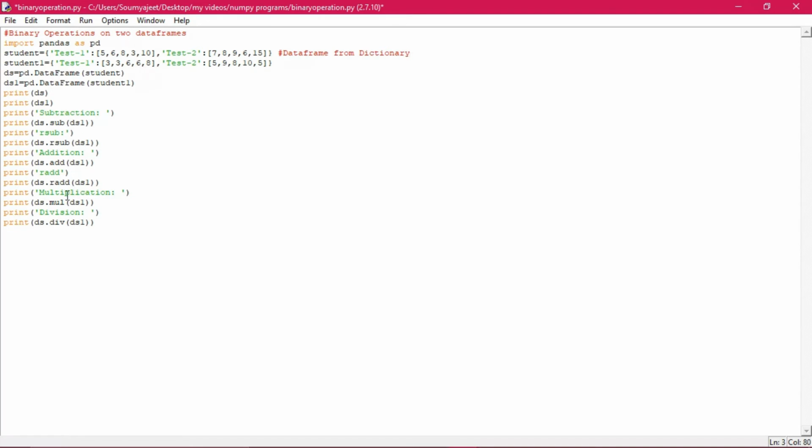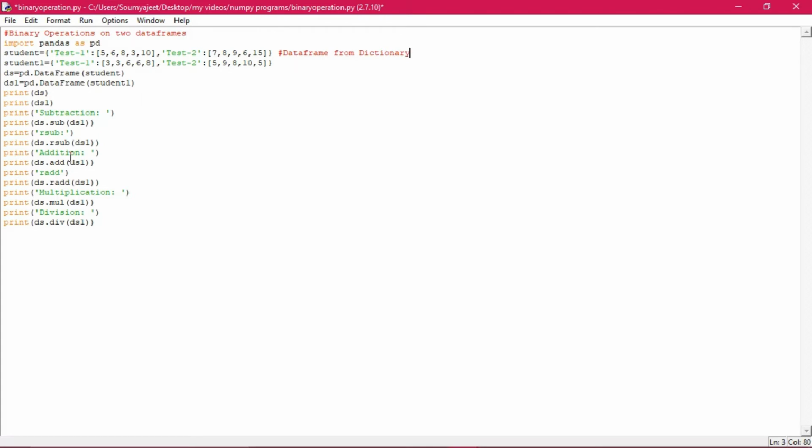You can see the methods have been taken, but what is radd and what is rsub? These functions, rsub and radd, stand for right side subtraction and right side addition. The rsub function subtracts each element in a data frame with the corresponding element in the other data frame. The radd function adds each element in a data frame with the corresponding element in the other data frame.